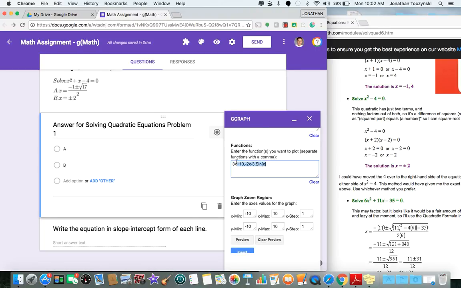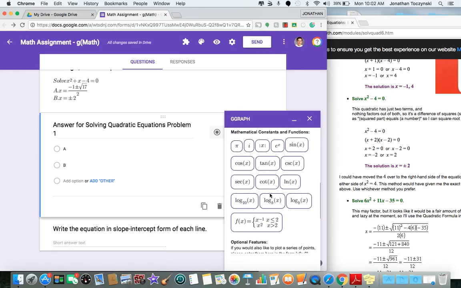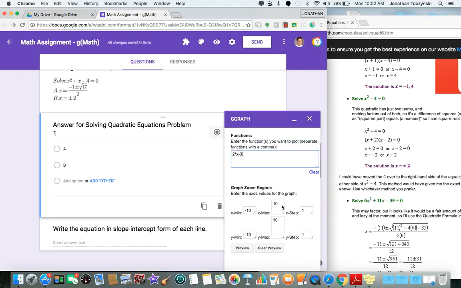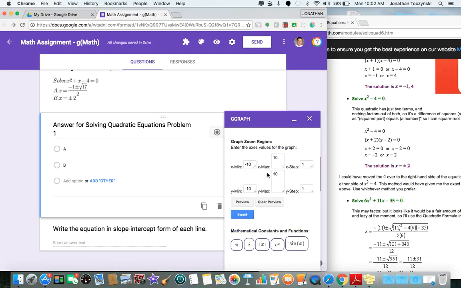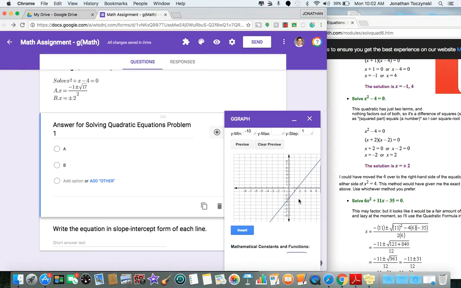So you can see a sine graph was in here before. Maybe just to get us started, 2 times x minus 3 with our graphs. I can also include tangent, cosine, log, and I want to preview how this looks. That's how the graph is going to look. So if I click insert,